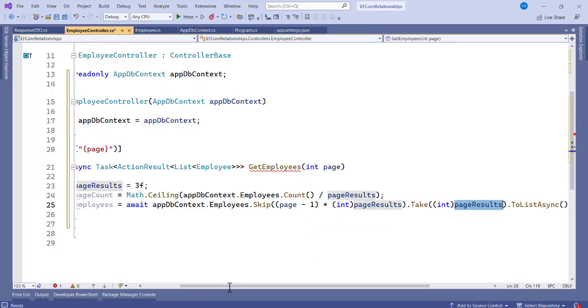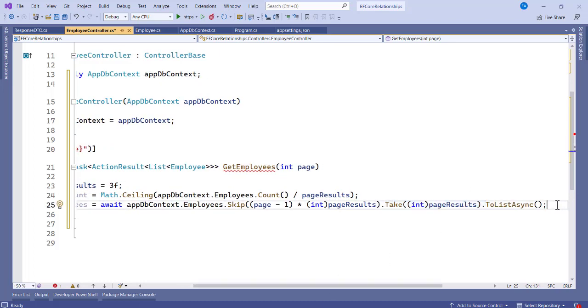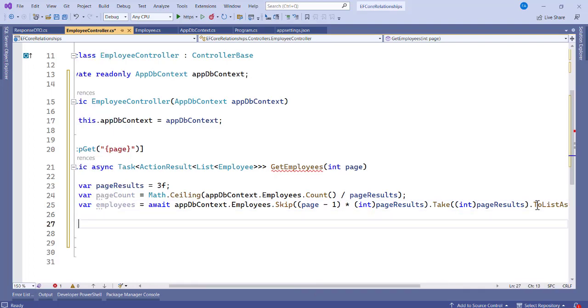So we skip 3 and take 3. That's when we go to the next page, page 2. Now it is page 3. We skip the 3 pages here, then we take the next 3 data over here. So that is it. Now, once you have this, we have to create, so let's say var response is equal